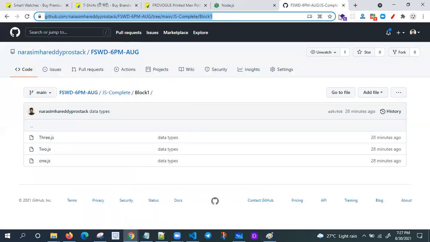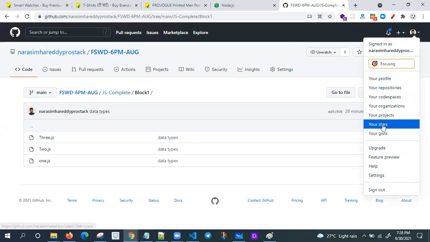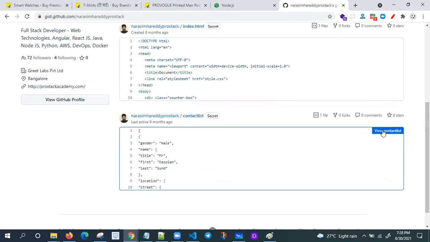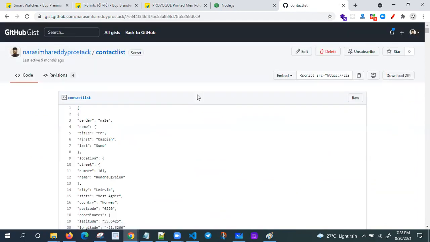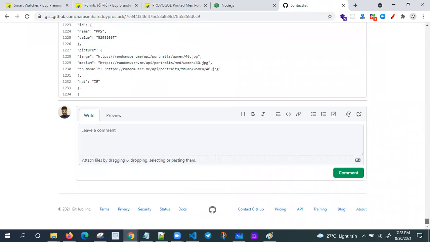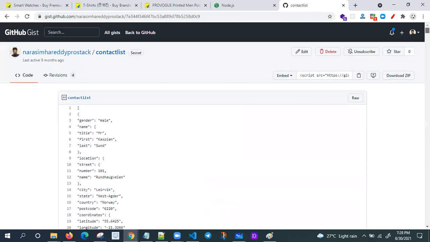Okay. So in my repository, in my Gist, I have one contact app API. So I'm going to share that with you. Okay. So already some data is there. If you see the data, approximately huge data is there. I already loaded it here. 1000, 1, 2, 3, 4 lines of data. Nothing but just records. 20 records I have. So this is my API.